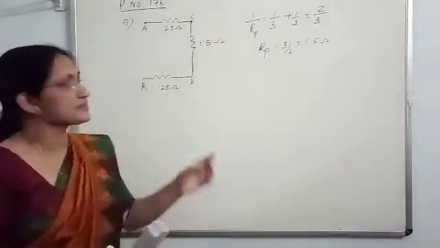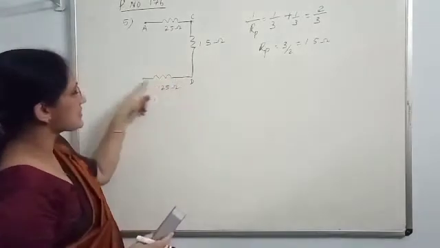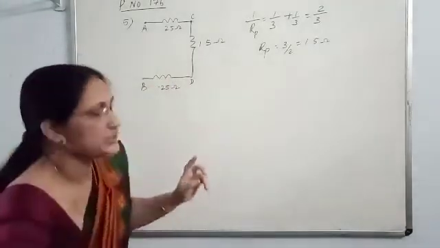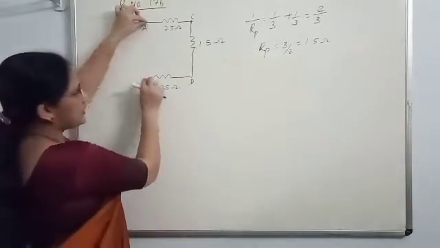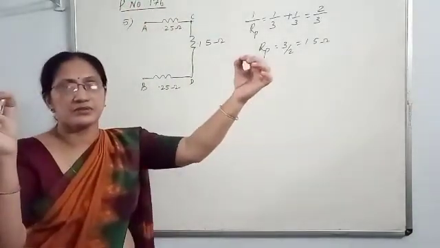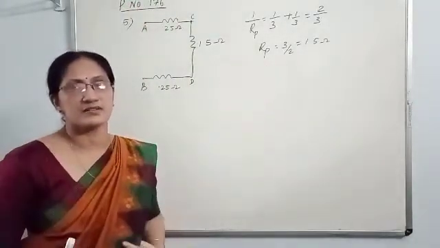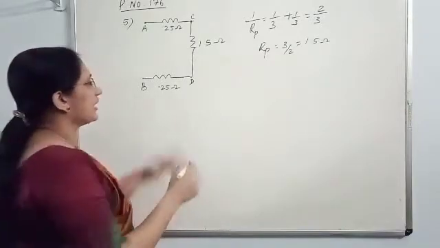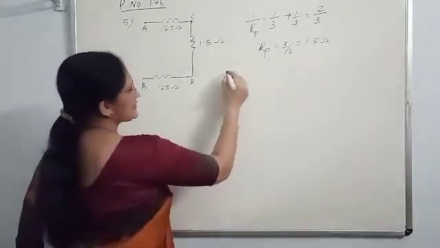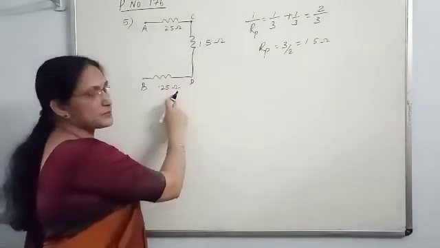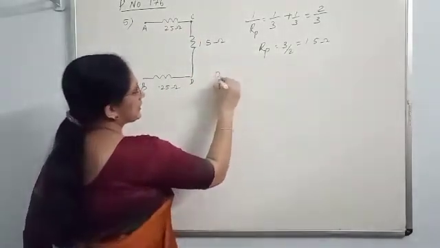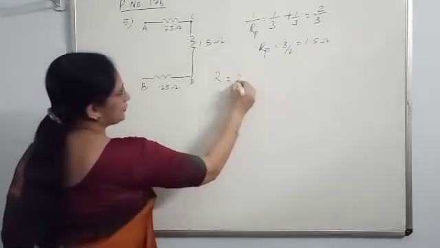Now it is very easy. These 3 resistances are in series. Imagine you are holding, one hand you are holding here and one hand here, and if you keep it, you will see they are in series. So you have to just add them to get the total resistance. 0.25 plus 1.5 plus 0.25. That means total resistance will come 2 ohm.